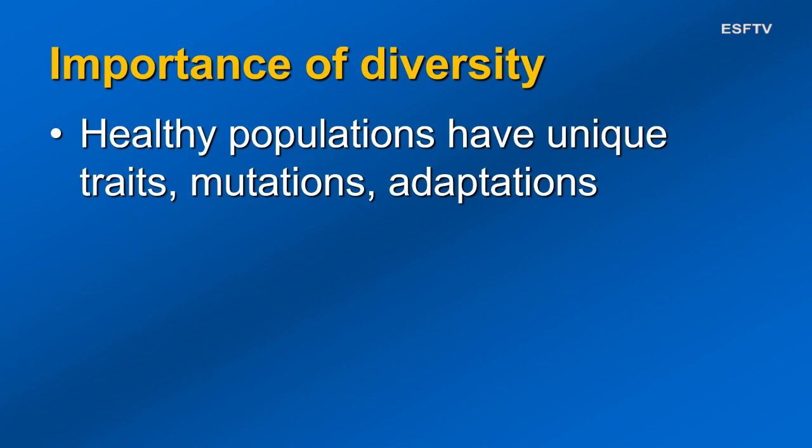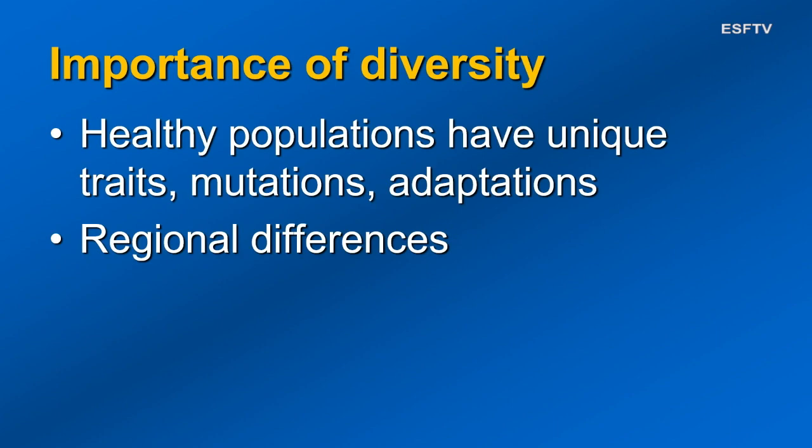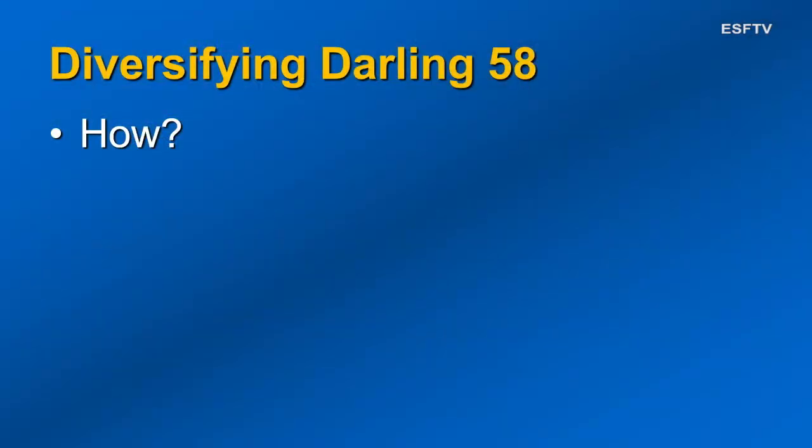With healthy natural populations of chestnut trees, there are a variety of traits and mutations and adaptations that make these populations adapted to their natural environment. Some of these differences are regional, that might help them uniquely adapt to where they are growing. But also it's important to think about resilience and possible future threats. There might be other diseases that we don't even know about yet, or environmental threats. And so having a diverse population is really important to be able to be resilient to some of these future